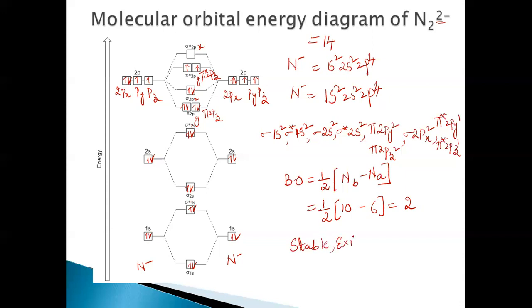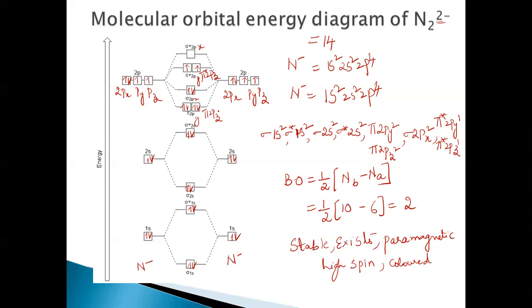It does exist. And when we come to the magnetic nature of it, there are 2 unpaired electrons as we can see here. So it is paramagnetic in nature because of these unpaired electrons, and it is high spin because 2 unpaired electrons again exhibit spin. And when you come to the color, yes, it is colored because of the unpaired electrons here. So the paramagnetic nature is related to the color here.